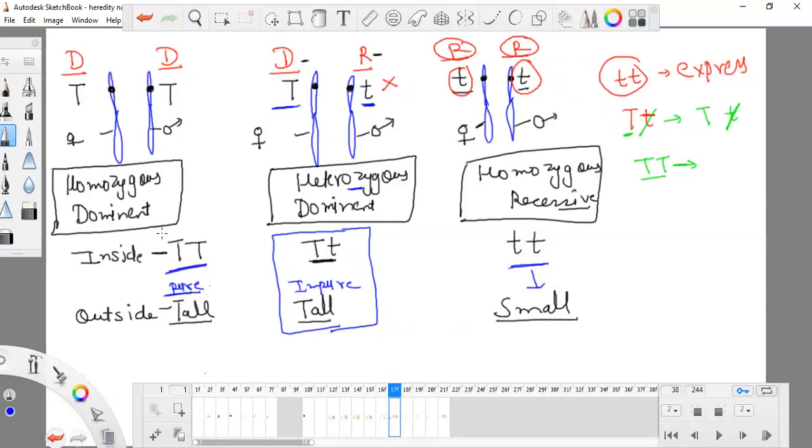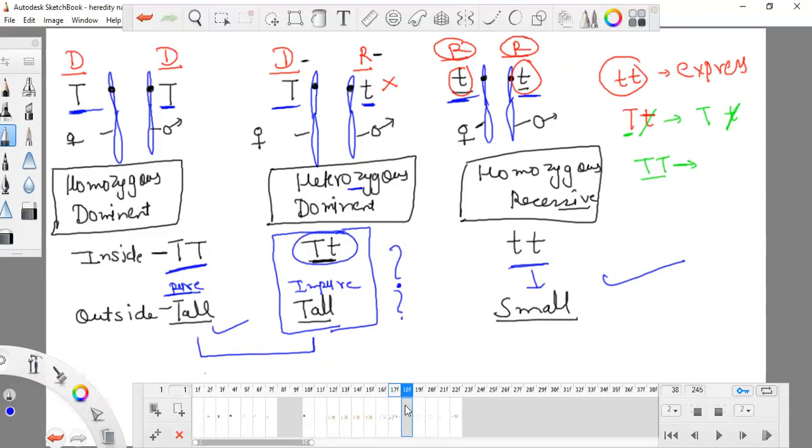And this is showing that I am tall, then it is pure tall. There is no problem there. It is having both alleles, or traits, for tall, and here both of the traits are for dwarf. So these two are very correct. But this one is showing something different. It is internally different from this, but it is showing that I'm tall. So both of them look tall externally, but one is pure and one is totally impure. If you have any doubt, you can ask me, or I am going further to the next topic, and don't hesitate to ask.